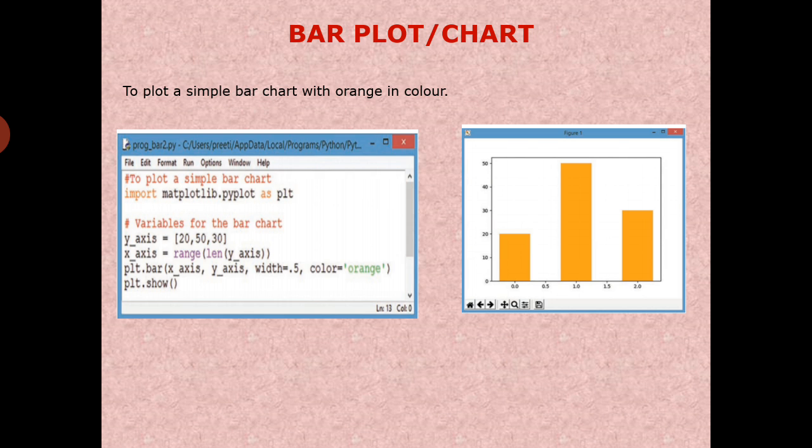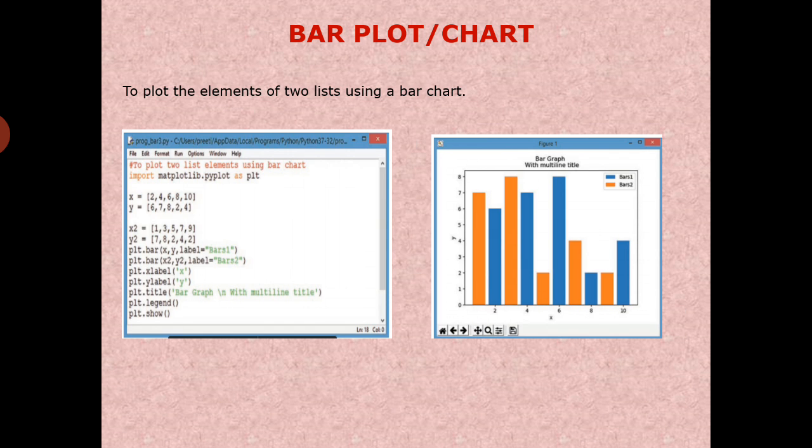The statement x-axis = range(len(y-axis)) will find the length of y-axis and provide a range of values to x-axis. The statement plt.bar(x-axis, y-axis, width=0.5, color='orange') will plot a bar chart with y-axis against x-axis with bar width as 0.5 and bar color as orange. And the plt.show method will display the figure.